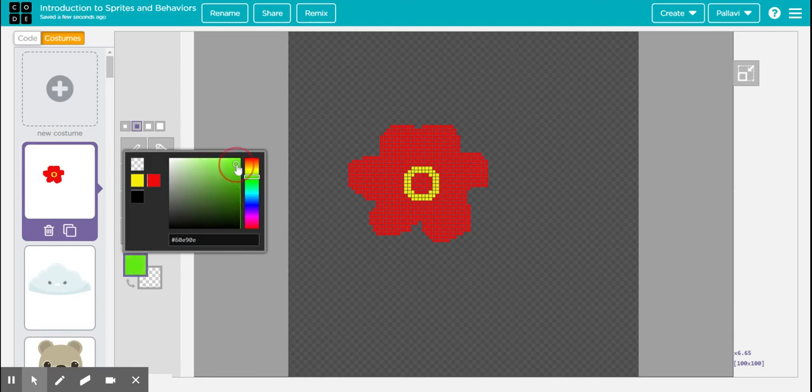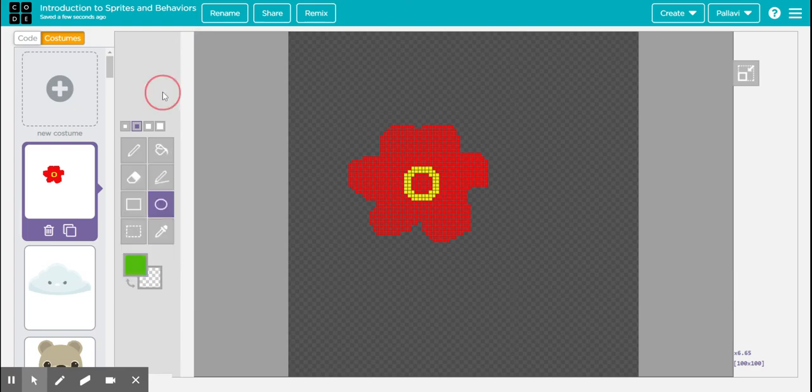You can just move this circle and choose the color that you want. Let me choose this shade. The final shade that you have chosen will be seen in this block. Now let's click outside and draw a stem.